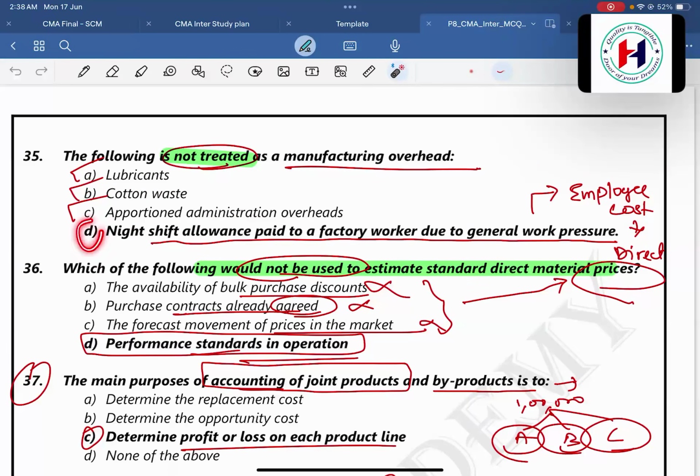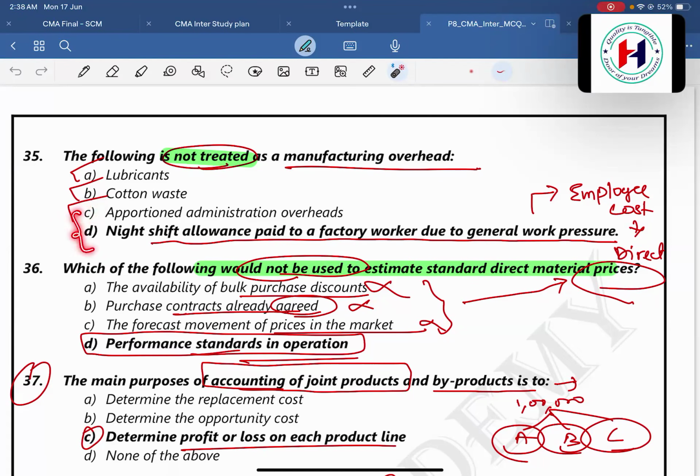But actually, in the past question paper, this was the answer key they have given. In many mock tests also they have given. Okay, but if you go through the inside module of that labor costing chapter, treatment of the employee cost, in that they have clearly mentioned it is a part of production overhead. If it is a part of production overhead, it comes under manufacturing overhead. Then you should not treat them as other than the manufacturing overhead. So here the best option you can go is option C.